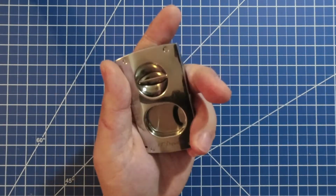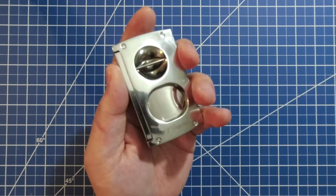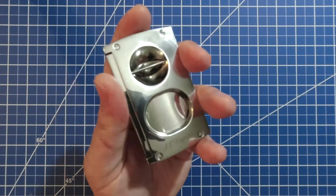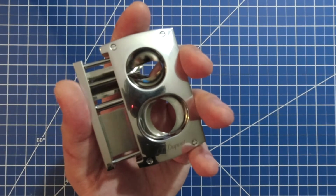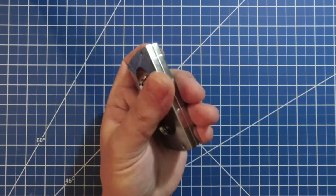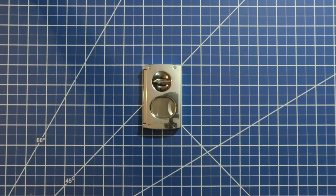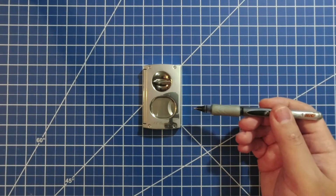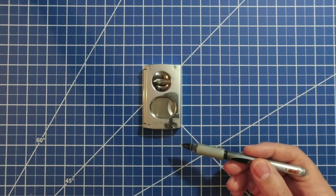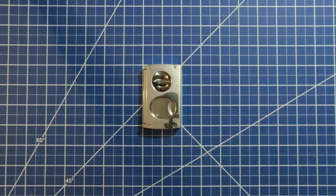Blades are super sharp on both of these. Again, I believe they come from the same manufacturer in China, using the same pushers maybe, or the same materials at least. The blades are very sharp and give a very nice clean cut. It is 3.1 inches tall, so just over 3 inches tall. It's 1.85 inches wide, and then on the thickness,